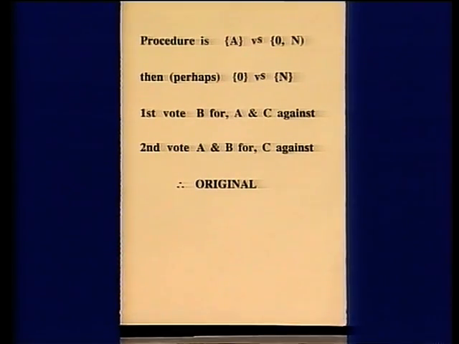Supposing it were that the amended version is put up first of all, which is quite traditional, and if that's passed, it becomes the legislation. If it isn't passed, then we have to choose between the original and total rejection. Well, on the first vote, B is the only one who wants the amended version. A still wants the original. And so, away we go, and the vote is defeated. Then we vote as to the original opposed to no bill at all, and you have 2 votes in favour and 1 against.